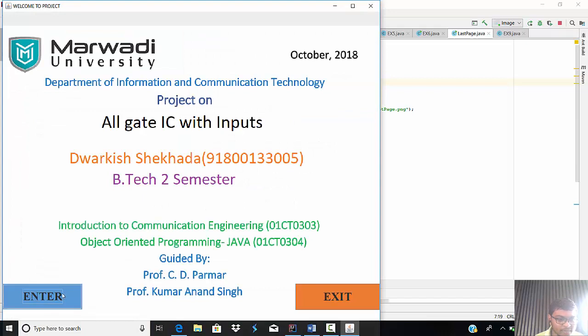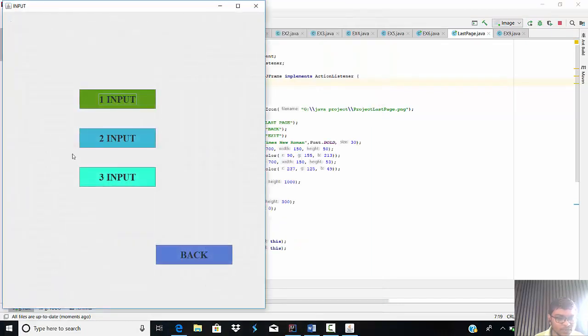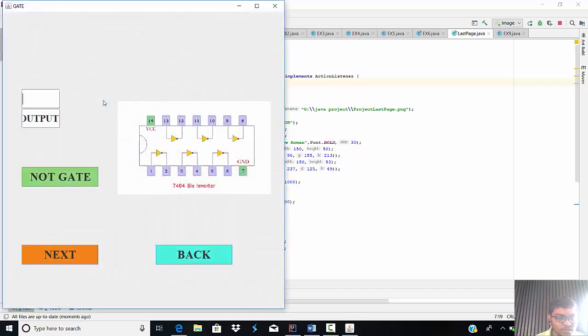So I click enter. This frame lets you choose any one: first input, two input, and three input. I click first input. First input is a NOT gate,